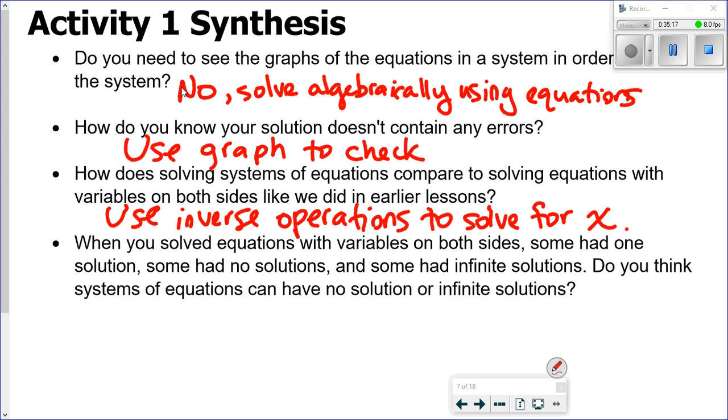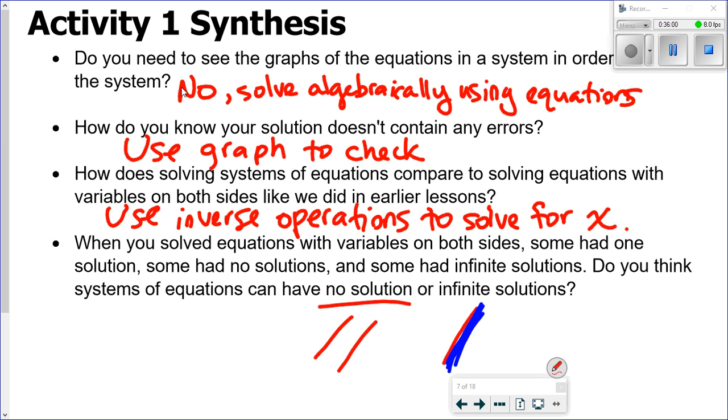When you solved the equations with variables on both sides, some had one solution, some had no solutions, and some had infinitely many solutions. Do you think systems of equations can have no solutions or infinite solutions? Well, in previous lessons, we've already learned that systems can have no solutions, right? When we saw it on a graph, what did that look like? Well, that was two parallel lines, right? When the lines intersected, we learned that that represents one solution to a system. So, could they have infinite solutions? Well, we did actually see this in one of our previous lessons as well. If you recall, it ended up being both of the graphs